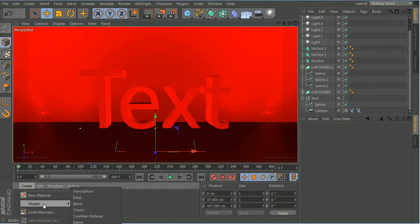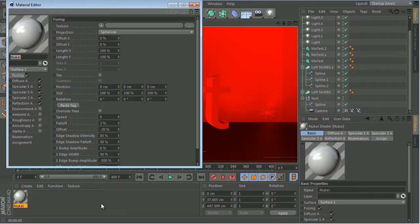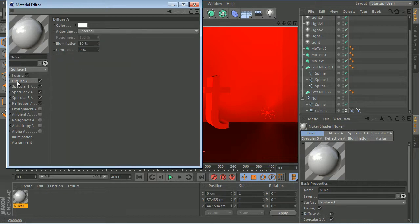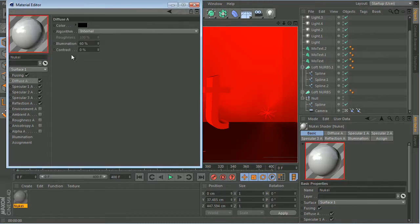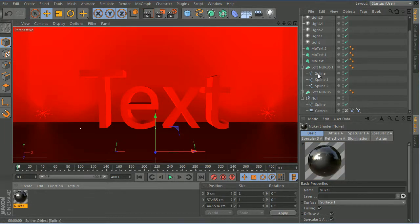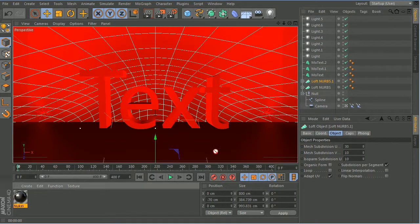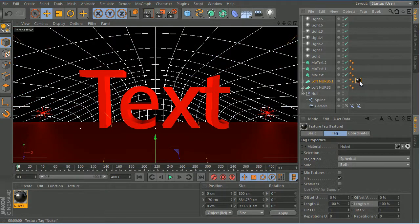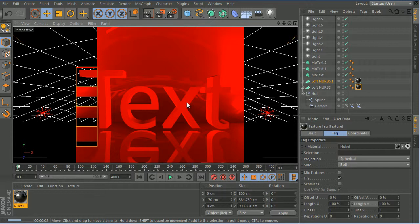Okay, well let's add some textures now, so you can see that the lighting's not actually too much. What I did for this is I added a Nukey texture, and then I went down to diffuse and changed it to black. Nice little effect. I haven't had to mess about with the textures too much to get something worthy. Now if we render that, see, not so washed out now,